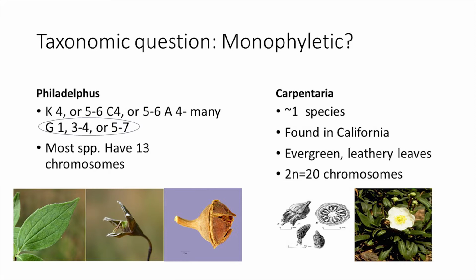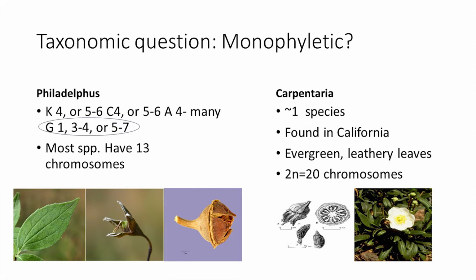So I talk about this word called monophyly, which just means that all the existing members of Philadelphus now as we know them come from a common ancestor. And most of the time we classified this by visual evidence of what the plant traits were. So we saw that many of these things had carpels or plant flower parts of 4, but there was variability. One unifying trait was that if we actually looked at these under a microscope, we can see that the bundles of DNA are in packages of 13 chromosomes.